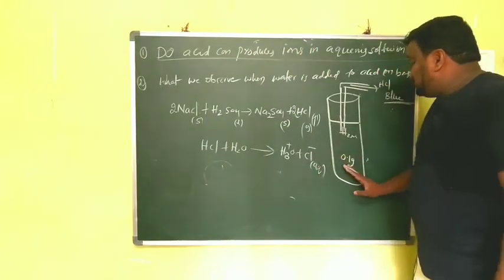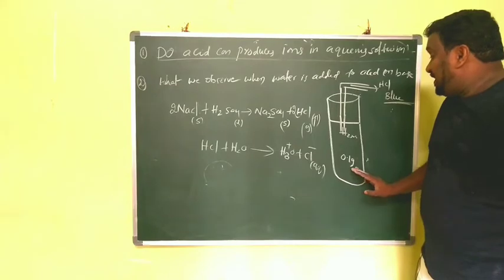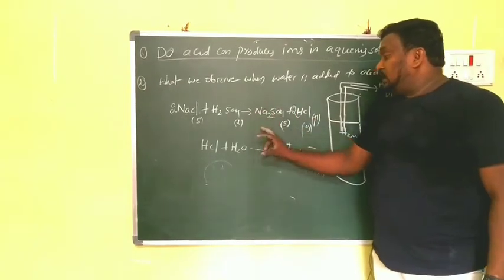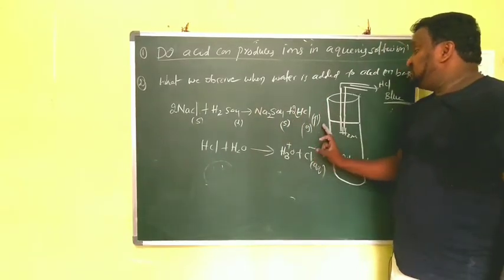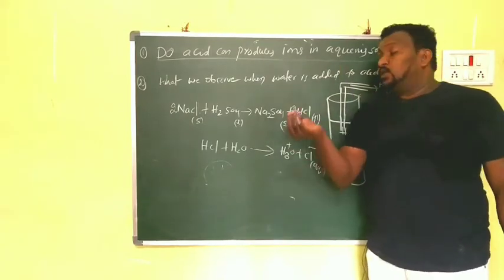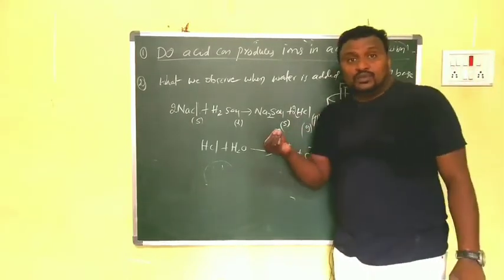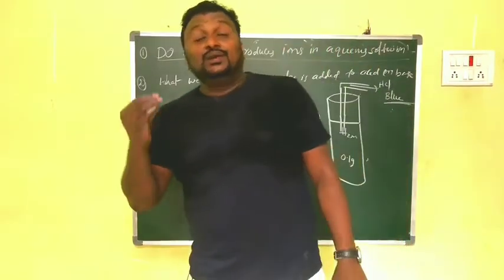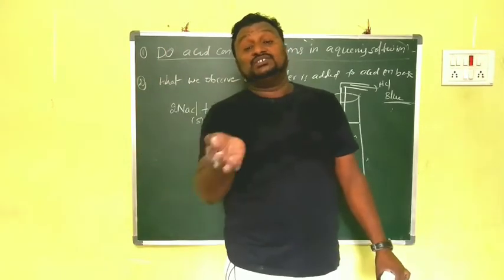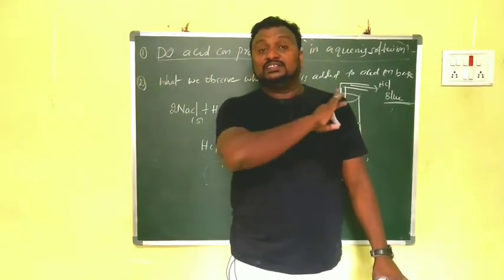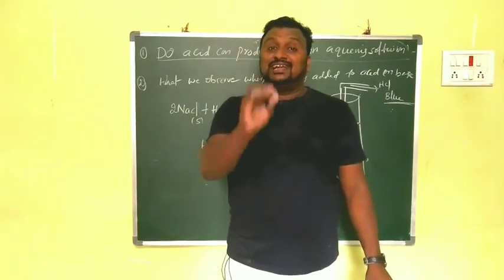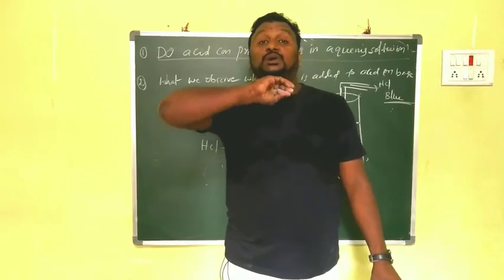When we take some 0.1 gram of sodium chloride and add some concentrated H2SO4, what do we get? Sodium sulfate, which is solid, and HCl, which is dry HCl. To check whether that is an acid or not, we give some blue litmus paper in front of it. The color of the blue litmus paper does not change to red. It stays blue, because dry HCl means there is no water. Dry HCl can never be an acid. We have to conclude that.